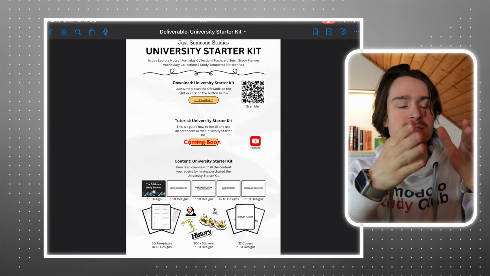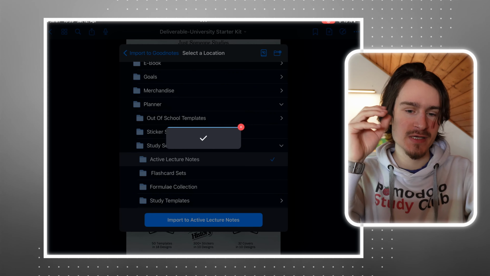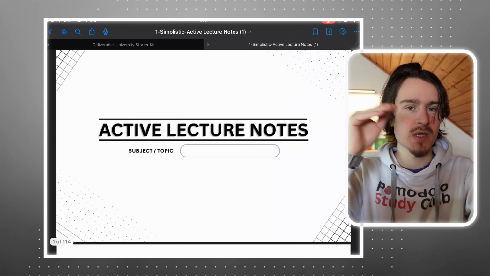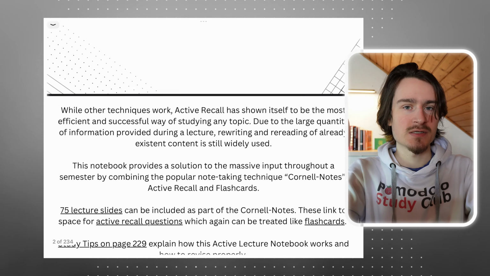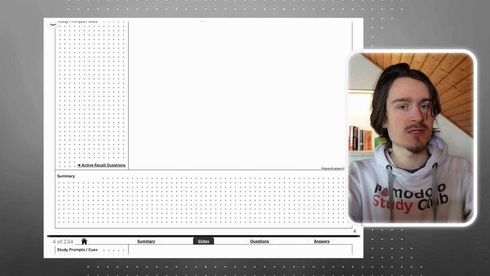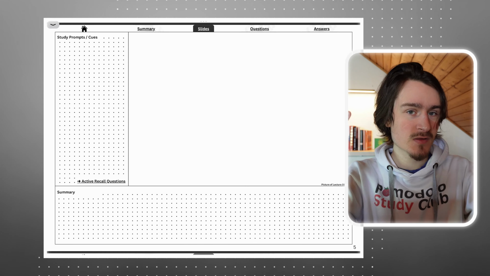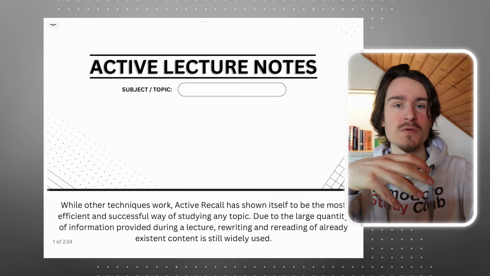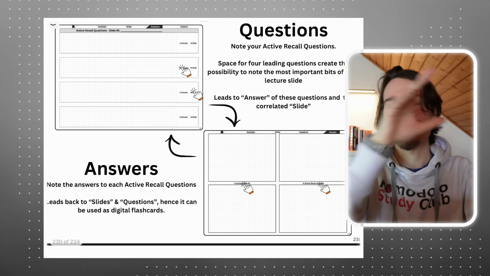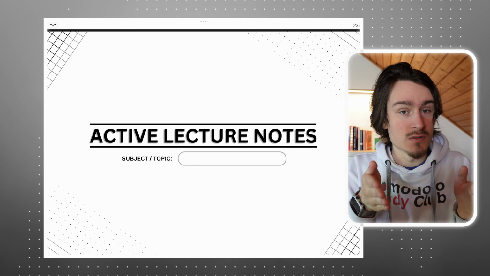I created it that way so that you have one of those notebooks per lecture, where you can include your lecture slides as well and work with it in the lecture. And because revision is quite a big topic when it comes to active lecture notes, at the end of this notebook there are flashcards linked, so that you can right away improve your retention and study with it without having to switch between multiple apps and can just stay in GoodNotes, for example,